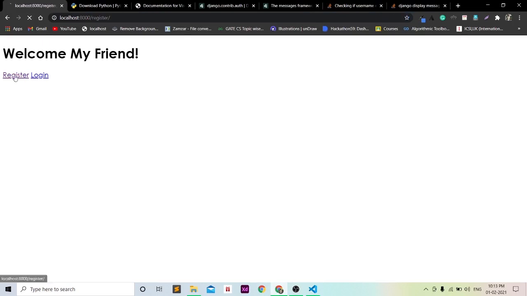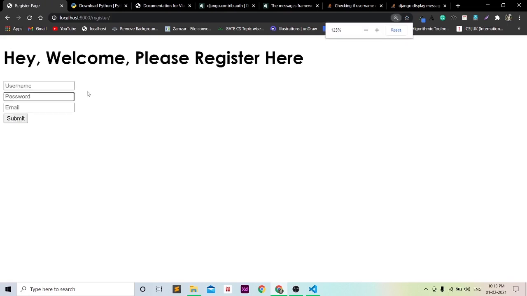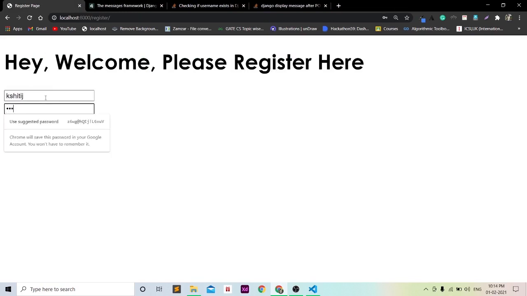So if we click register, yeah, as you can see, the form is there. I can make it bigger for you. Yeah, with username, password, email. So now username will be, let's say, Kshitij. Password will be 1234, and email will be kshitij@gmail.com. Hit on submit. Nothing will work,